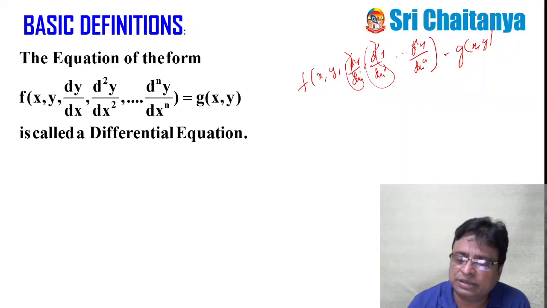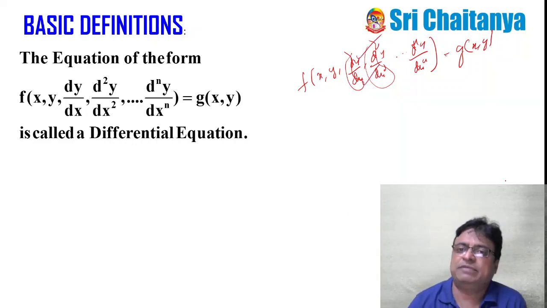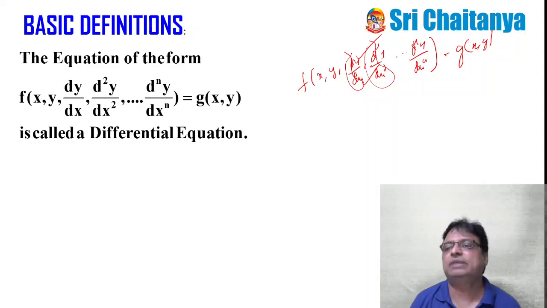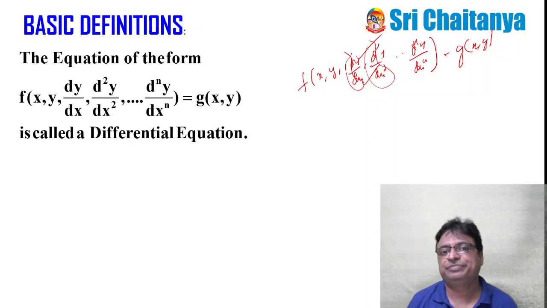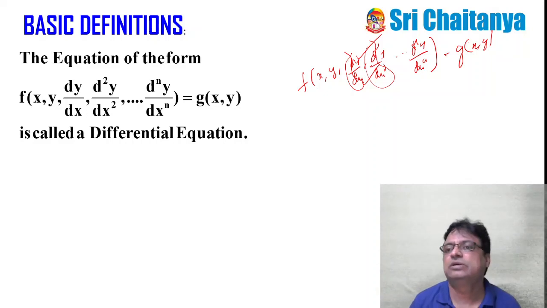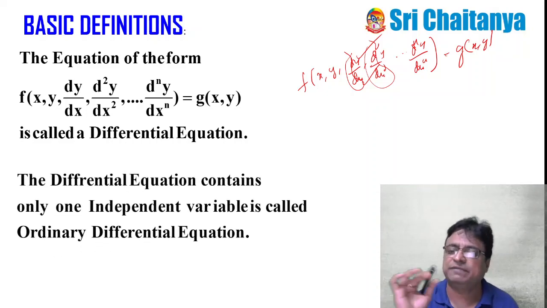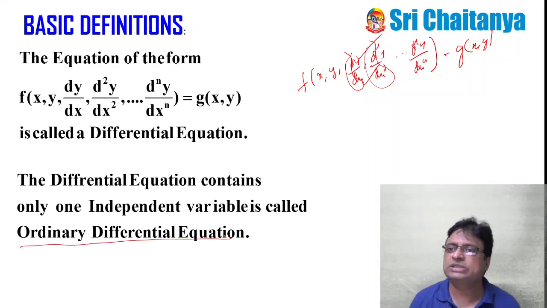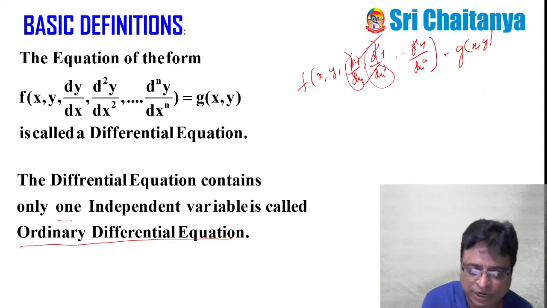So here x is called the independent variable and y is called the dependent variable. So this is the differential equation in which x is the independent variable and y is the dependent variable. Imagine you will get different types of differential equations. Of that, we are just concentrating on the ordinary differential equations. What is an ordinary differential equation? If an equation contains only one independent variable,